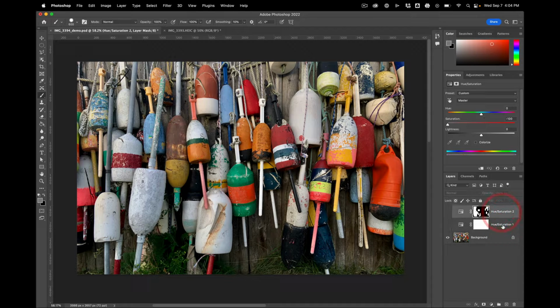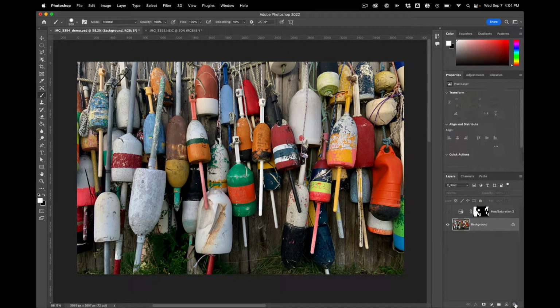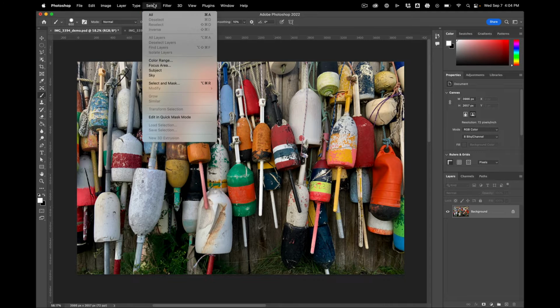All right, so for these, we were painting in the selection, but there's tons of different ways to select things in Photoshop. I'm going to talk about two that I think are kind of handy. Okay, so I'm going to select